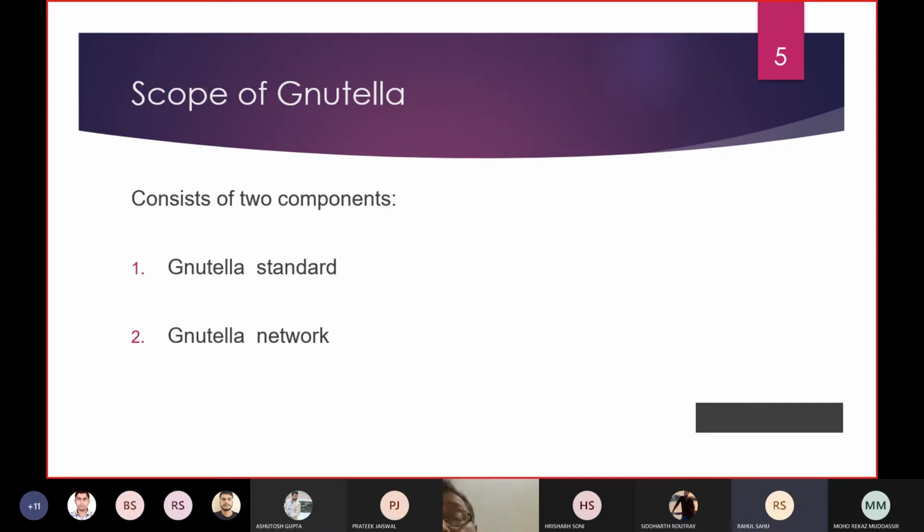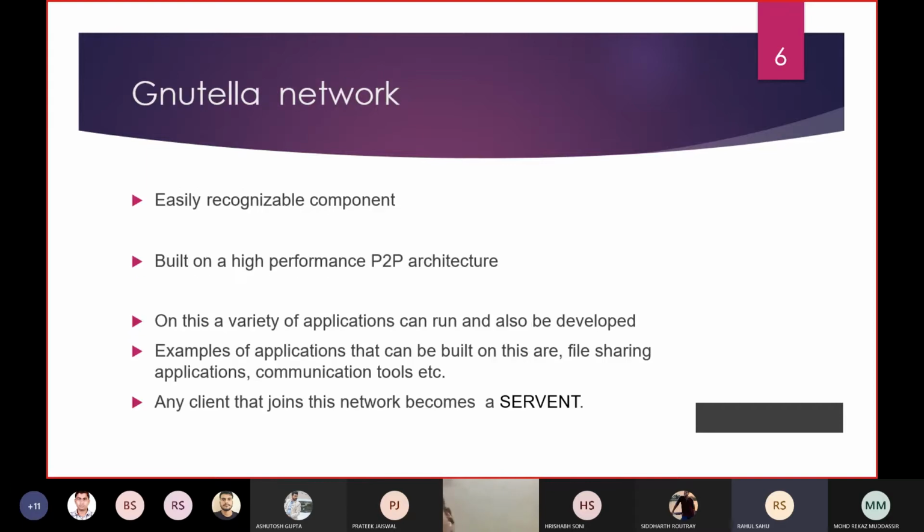Scope of Gnutella. Gnutella consists of two components: the Gnutella standard and the Gnutella network. So what is the Gnutella network? It consists of millions of interconnected peer computers. Gnutella is built on a high performance peer-to-peer architecture and consists of easily recognizable components.